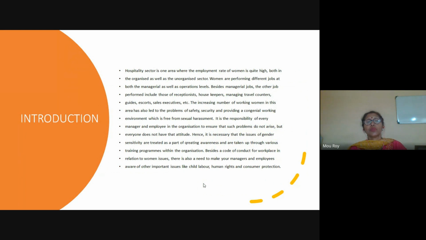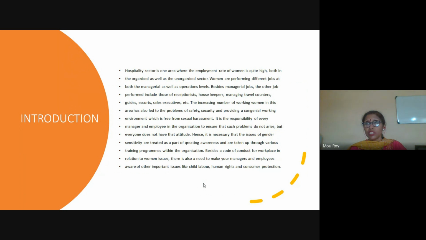We all know that the hospitality sector is one area where the employment rate of women is quite high, both in the organized sector as well as in the unorganized sector. Women are performing jobs at both the managerial levels as well as the operational levels. Now you'll find them working at different levels, at different positions, with more responsibilities,